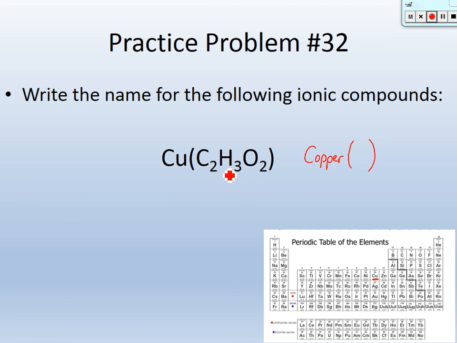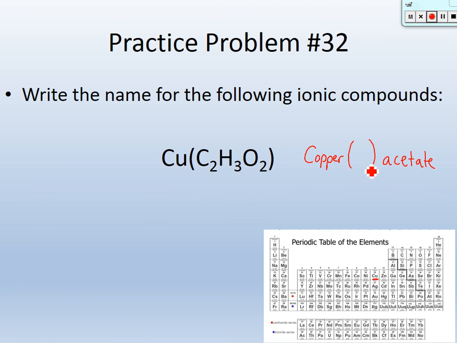This is a polyatomic ion. So hopefully you have a polyatomic ion table. One is in your guided notes if you ever are doing these problems without it. What is C2H3O2? It's called acetate. Do I change the name at all? Okay, so I just write acetate. Now,